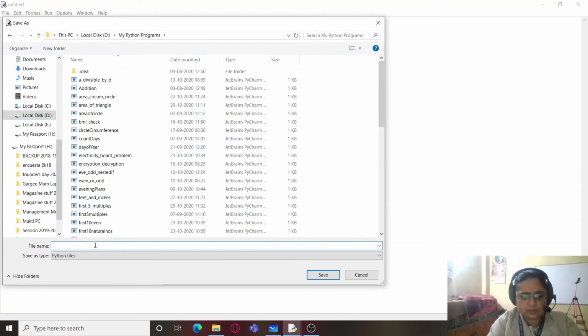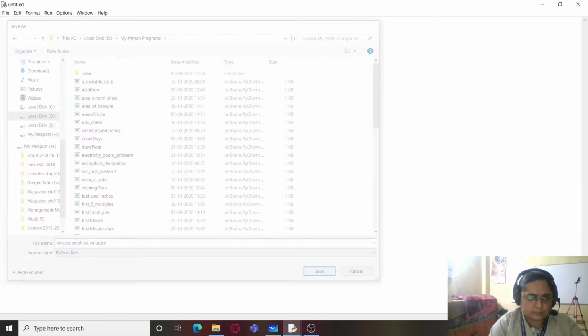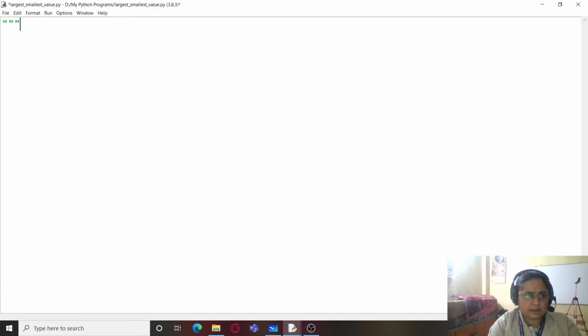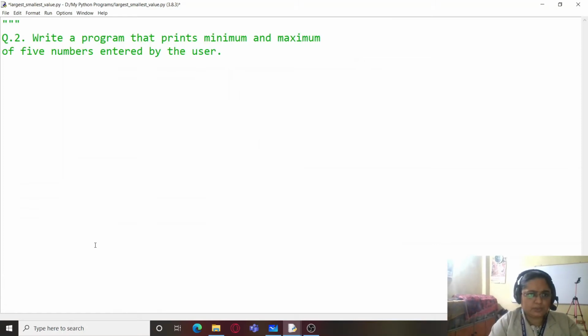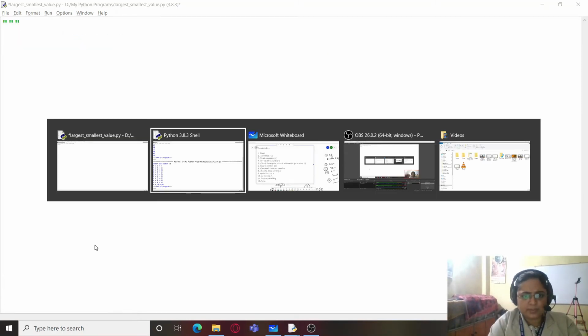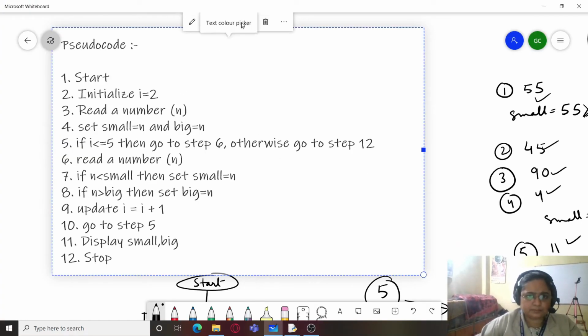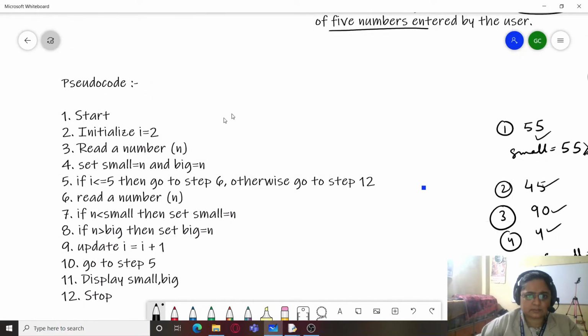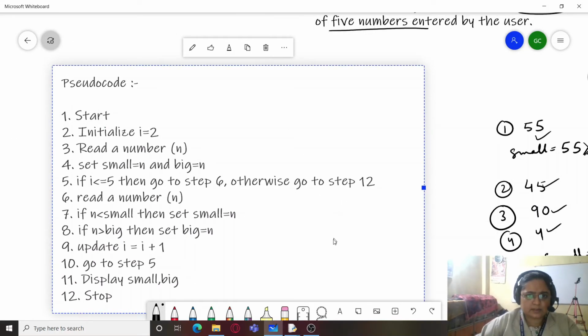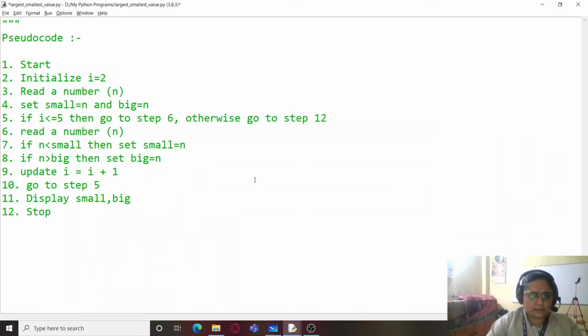So I'm saving this over here as largest smallest value, and within triple double quotes I am going to paste this pseudocode. So I'm going to just paste this, and here I'm going to cover this with triple double quotes.